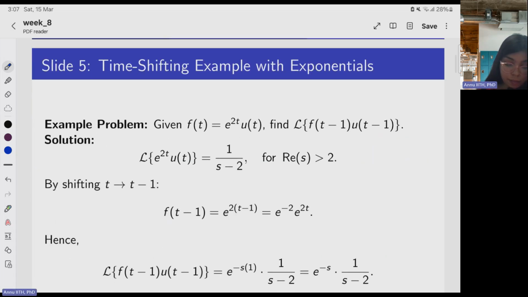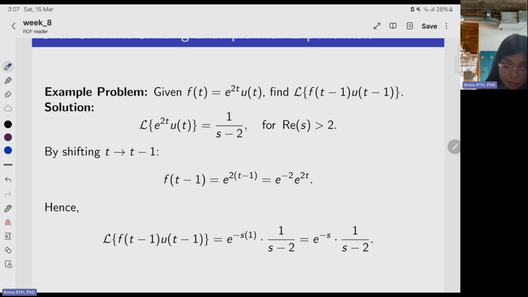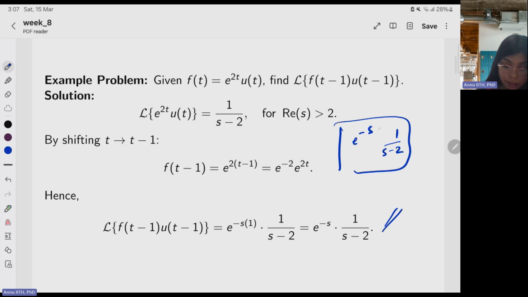Now a shifting example with an exponential. Suppose you have f(t) equal to e^(2t) u(t), and find the Laplace transform of f(t minus 1) u(t minus 1). In that case, it will just be multiplied by e^(-s) and 1 by s minus 2. So the answer is that only, because a is 1, so e^(-s) is multiplied by the same Laplace transform. Suppose you are given only this, the s-domain function. In that case, what will be your